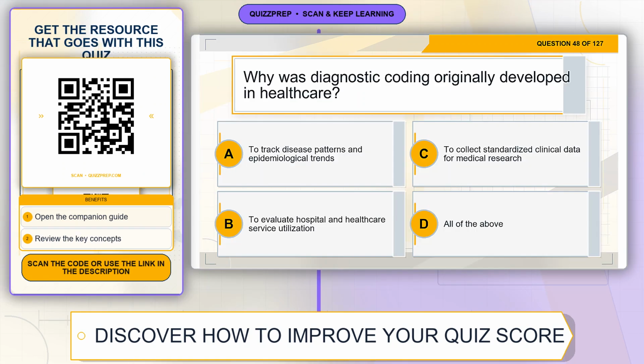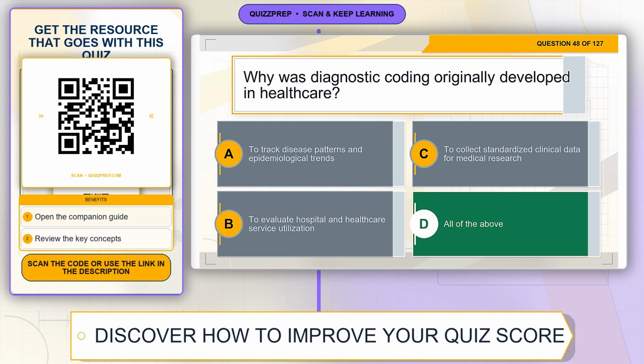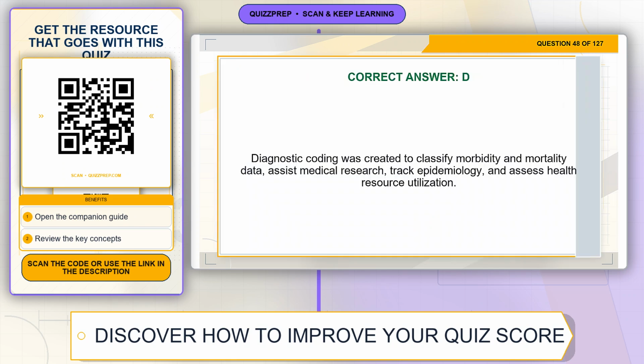Question 48. Why was diagnostic coding originally developed in healthcare? Option A, to track disease patterns and epidemiological trends. Option B, to evaluate hospital and healthcare service utilization. Option C, to collect standardized clinical data for medical research. Option D, all of the above. The correct answer is option D, all of the above. Explanation. Diagnostic coding was created to classify morbidity and mortality data, assist medical research, track epidemiology, and assess health resource